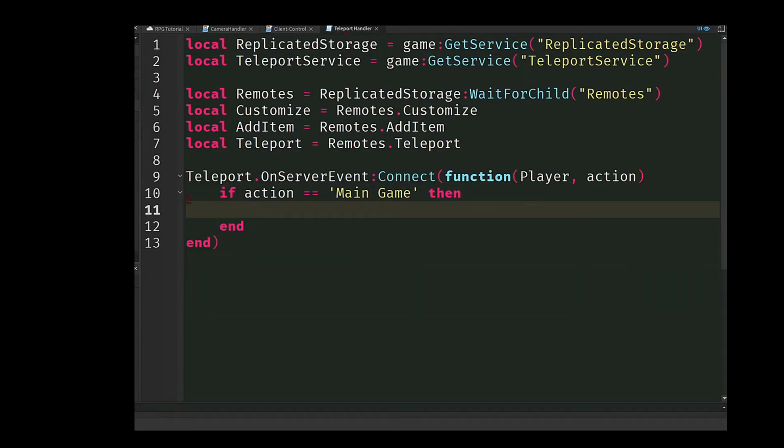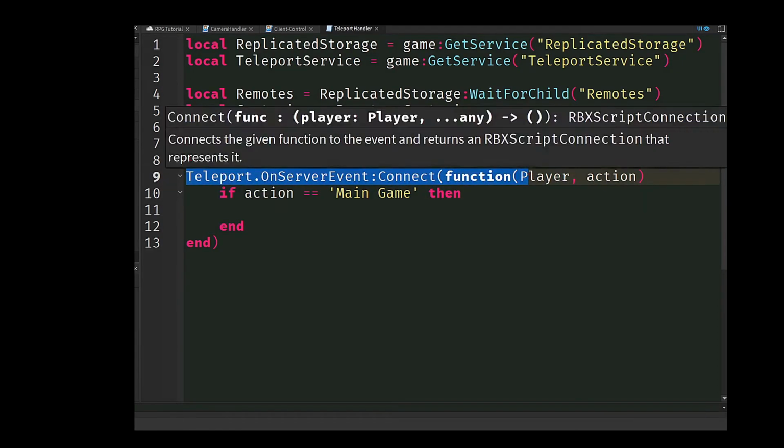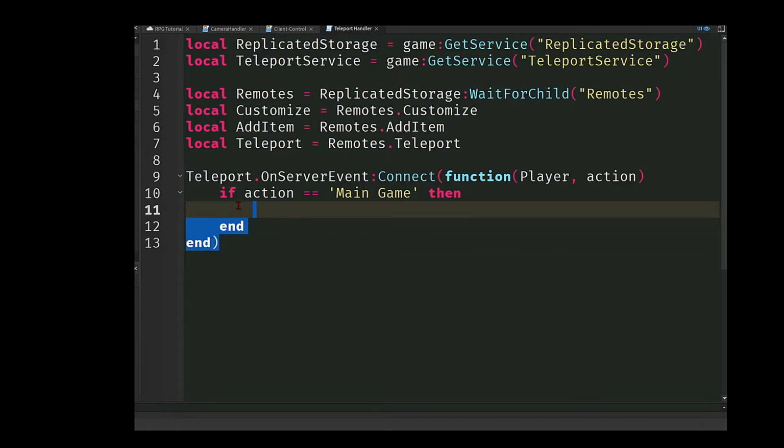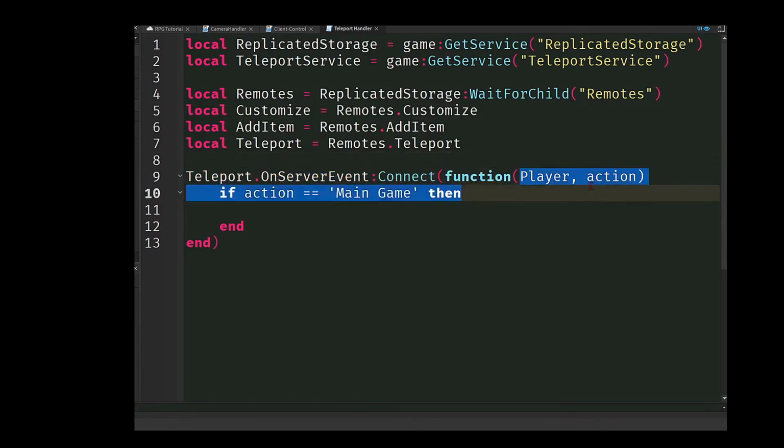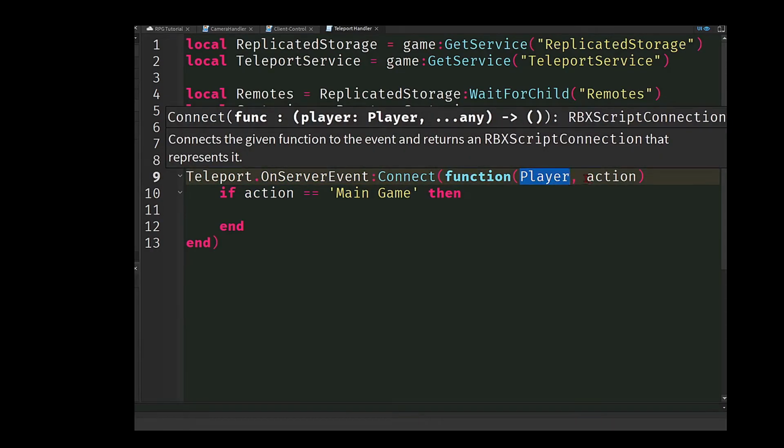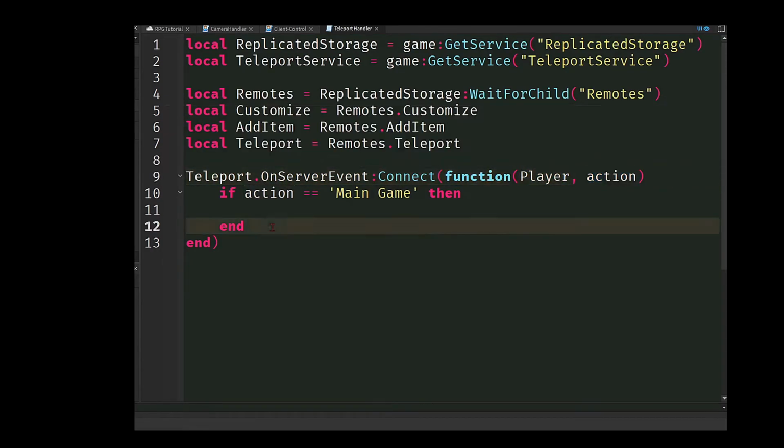And here we're saying, every time they call us to teleport someone, let's see what we got. We got the player, and so that's automatically there. And we also got an action. Now we're gonna say, what's the action? If action equals main game, then after that you just say,